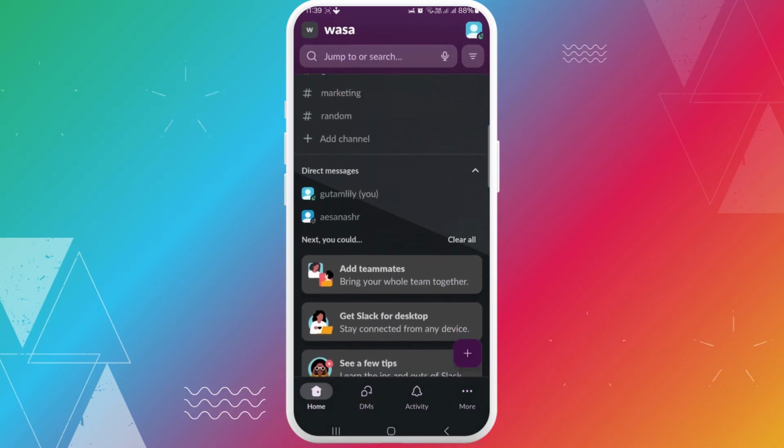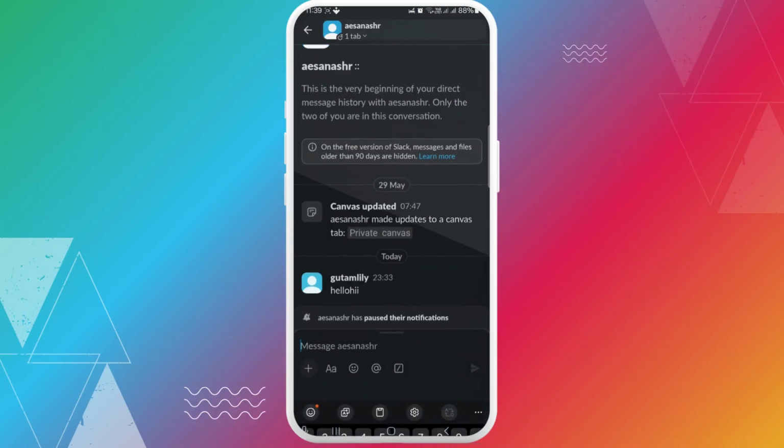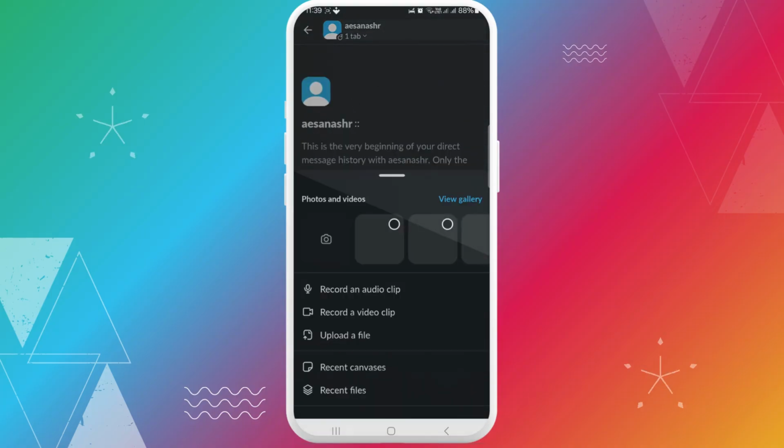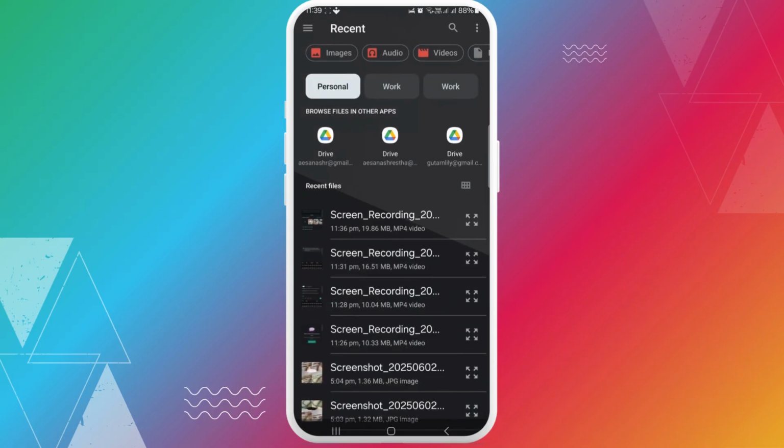Simply go to a channel or a direct message where you want to share the Google Drive file. Then simply tap on the plus icon from the message. There you can see upload a file. Simply tap on it. It will take you directly to